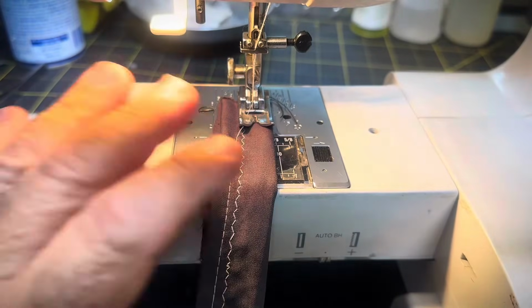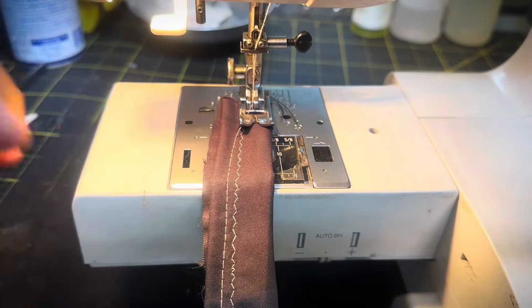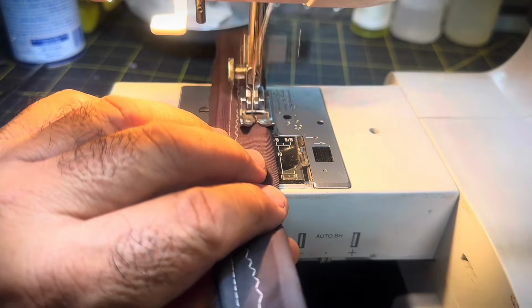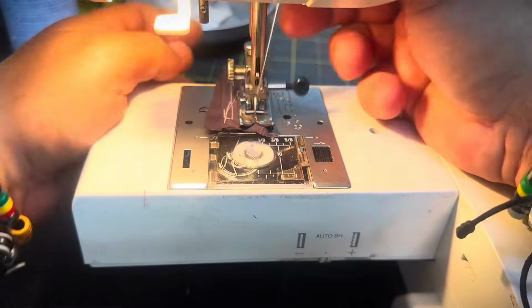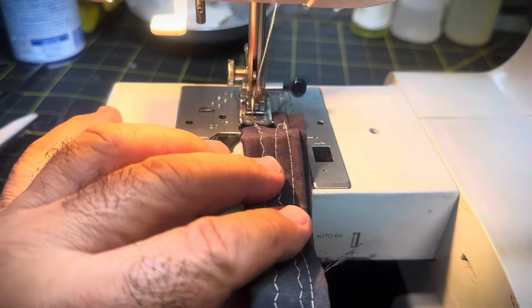Okay, here's the Kenmore machine I was working on. The customer was complaining that the machine wasn't making a reverse, but I figured that exactly what happened was the feed dog wasn't high enough. So I'm going to show you how it works now. See, stitching is perfectly fine. Now, if I go to reverse,